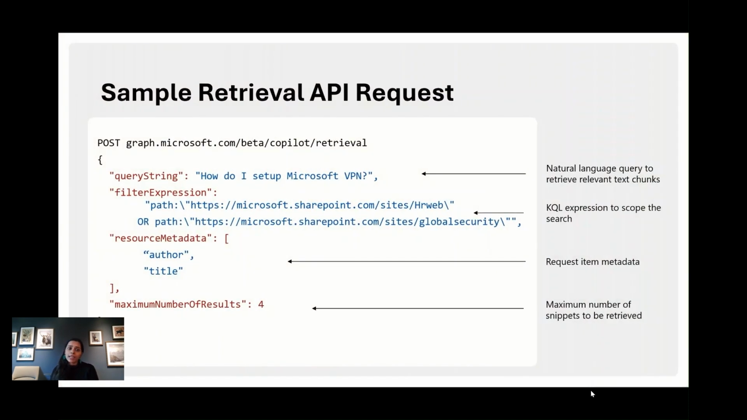And now coming back to the presentation, here is what the Retrieval API sample request payload looks like. I have just shown you how to do this in Graph Explorer. And if you do not know, Graph Explorer is our developer tool for testing out these enterprise grade Microsoft Graph APIs. And the Retrieval API specifically takes in a user query which is in a natural language, and then you